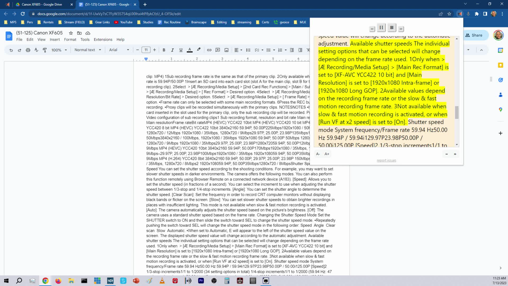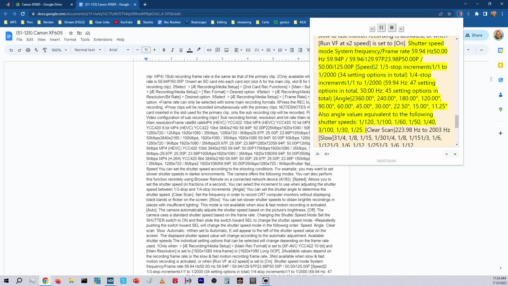1. Only when AE recording/media setup, main rec format is set to XFAVC YCC 422 10-bit and main resolution is set to 1920 x 1080 intraframe or 1920 x 1080 long GOP. 2. Available values depend on the recording frame rate or the slow and fast motion recording frame rate. 3. Not available when slow and fast motion recording is activated, or when run VF at X2 speed is set to on. Shutter speed mode, system frequency/frame rate, 59.94 Hz, 50.00 Hz,